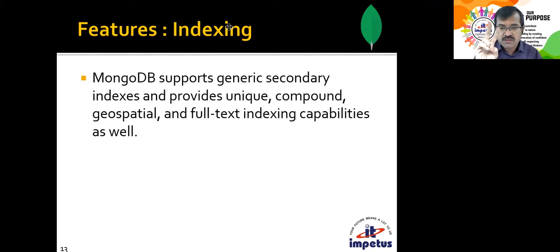There are no two customers having the same bank account number in the entire bank. In SBI, there will not be any two customers, father and son, husband and wife, who have the same number, unless it's a joint account. But for the joint account, the number will be unique, and for the personal account, the number will be unique. So if I talk about an index, you can think about it, for those who are new to DBMS,